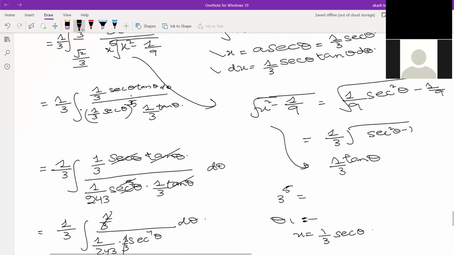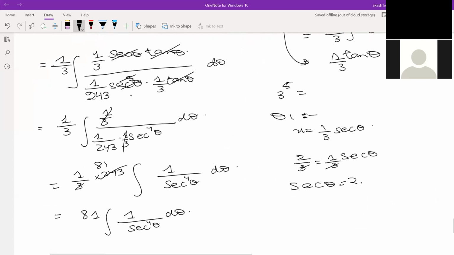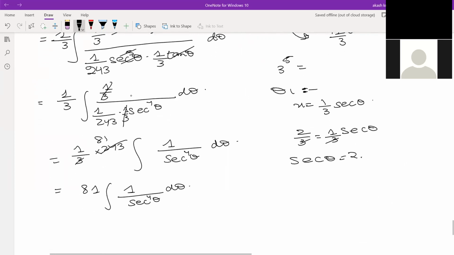The upper limit is 2/3. These threes cancel out. So sec theta is equal to 2. Okay, and this sec theta is equal to 1/cos theta, 2, or I can write cos inverse equals to 2. So theta equals to